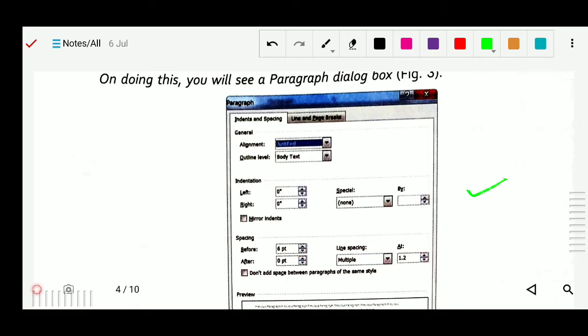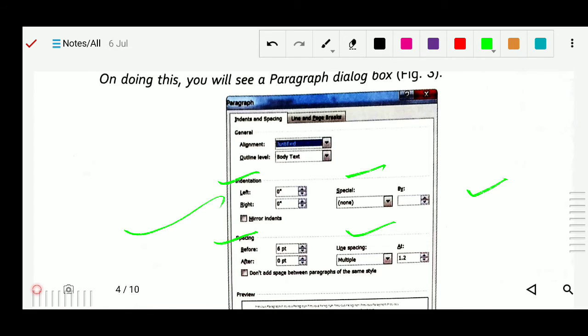Paragraphs can be formatted in a variety of ways. This is the option you will get when you want to format the paragraph. You can format your text in different ways. Like this, indentation is there, special is there, spacing is there, line spacing is there.